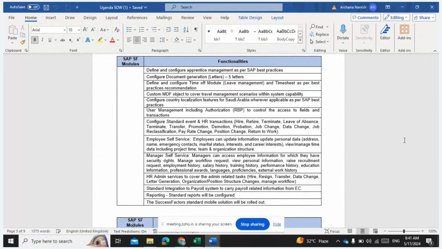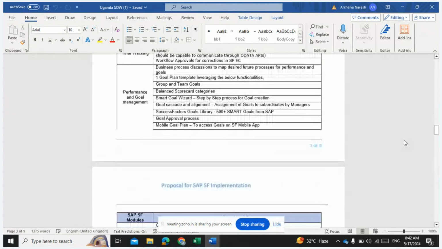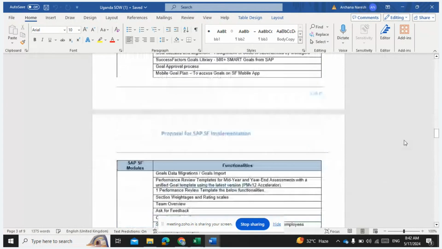How is he driving all of this requirement? First, what is he talking about? Then what is he talking about? How is he relating these things? All of that is what you will know on a real-time basis. I'm going to discuss that with one example, saying this is how you are going to have the discussions. Like I started showing you the real-time requirement already, and then come all the other modules. All of this is a part of your